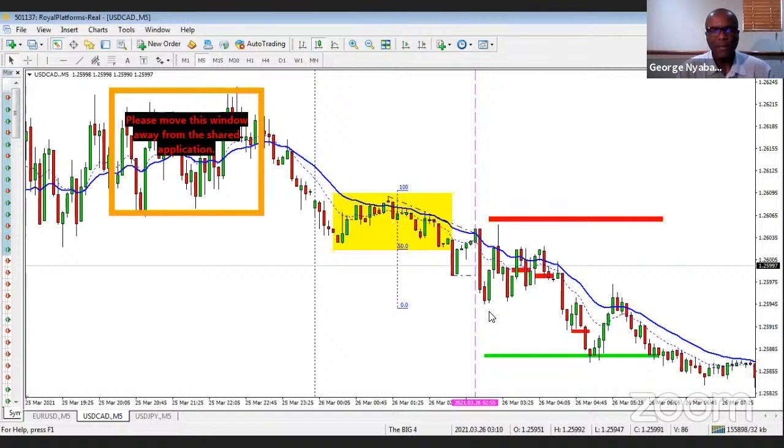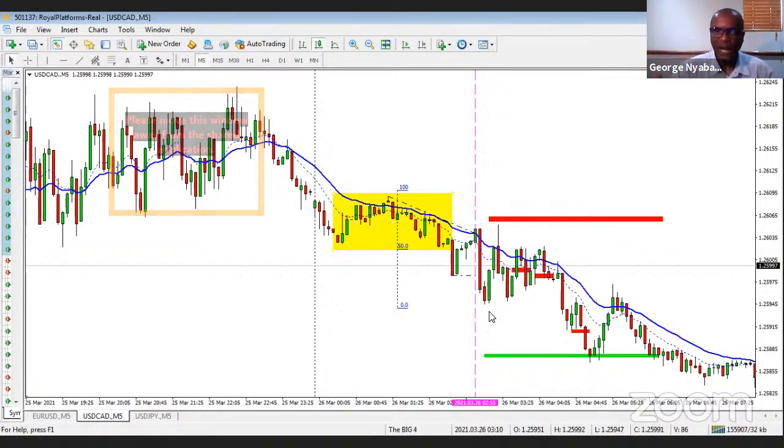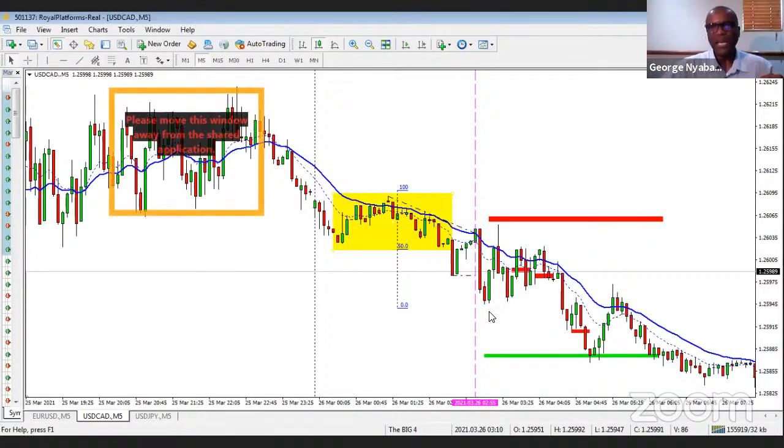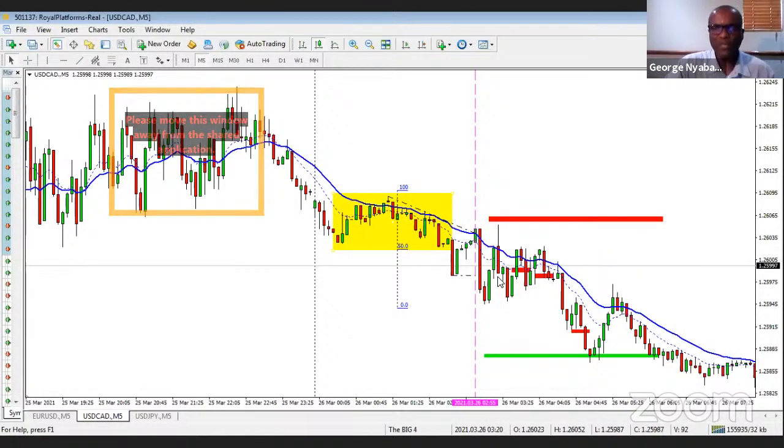Earlier on, I don't know which currency we're looking at, but I said I don't like to trade just off the double top. I want to see a lower high. It's not that I don't like to, it's just not my strategy. I don't trade off a double bottom. I wait to see a higher low and then trade off that. There's a higher probability of that going my way. So right now I'm saying, right at the open, confirmed breakout, pullback to the moving average. That's a double top, and it's just confirming strong bearish strength. But I need to wait to see if I'm going to get my lower high.